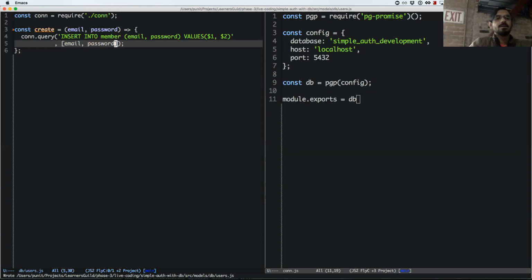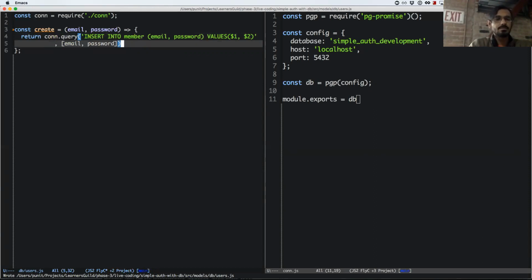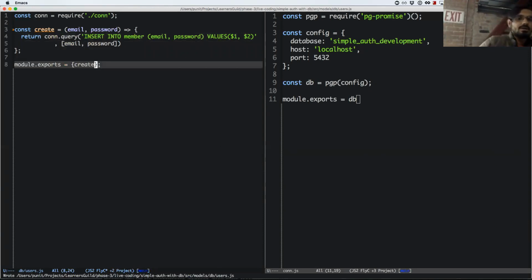Okay. Cool. So I return this. module.exports. So I return this function. Right, so now I have a way to create a user,